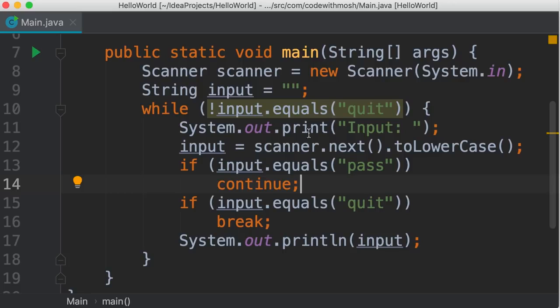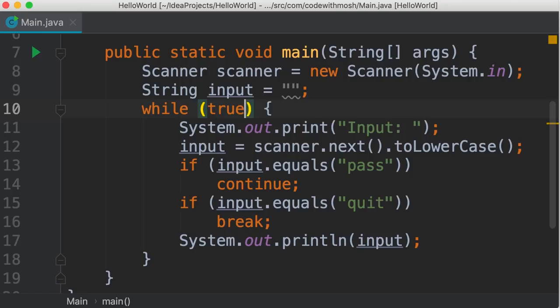In this implementation, we don't really need this loop condition because the moment the user types quit, this break statement is going to kick in and terminate the loop. So we can simplify this code by using true as our loop condition. So this is always true, and this loop is going to get executed forever until the user types quit. This is a very common technique that you see amongst professional programmers. Just remember, if you're using this technique, make sure to have a break statement. Otherwise, you will end up with an infinite loop that executes forever. It never terminates. And that can be very dangerous in terms of memory consumption. So if you're using while true, make sure you have a break statement in your loop.